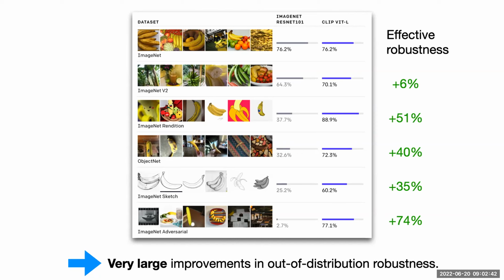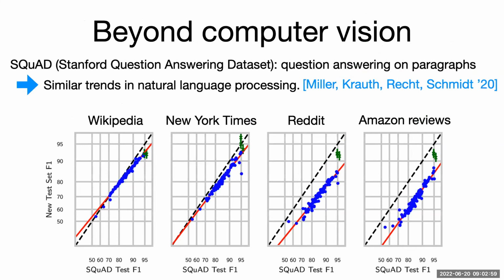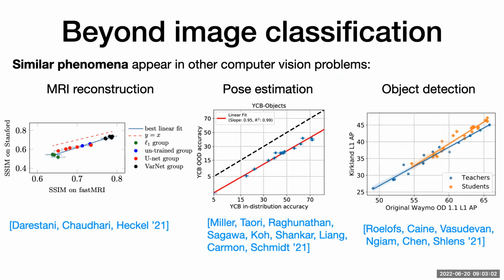So basically, what about other computer vision tasks? And also, just as an apology, my background is more in NeurIPS and ICML machine learning, and this is why I always start with classification. I think it's a really interesting question to what extent other tasks show similar phenomena. And I would love to see more work on this. I can tell you a little bit of this. I only briefly mentioned it.